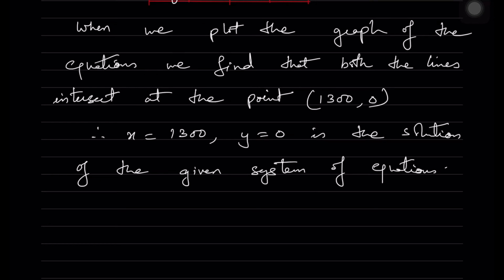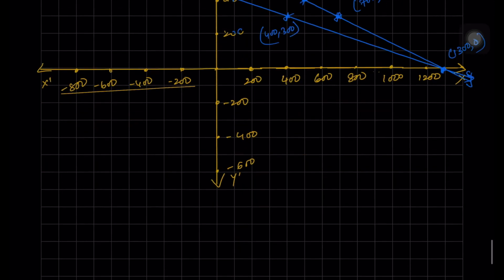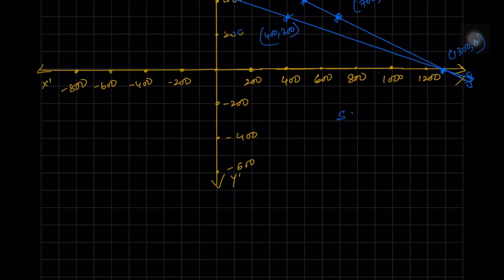Consider equation 2. We have x plus 3y is equal to 1,300. x is equal to 1,300 minus 3y. In the form of a table we have, again these are the values we are getting: 1300, 0, 100, 400, 400, 300. So when we plot on the graph,